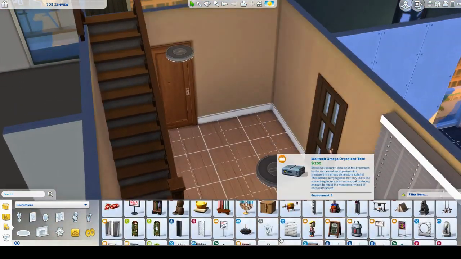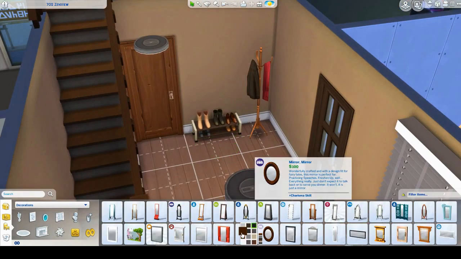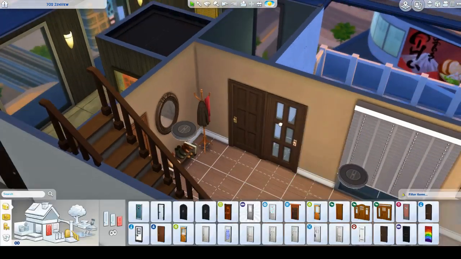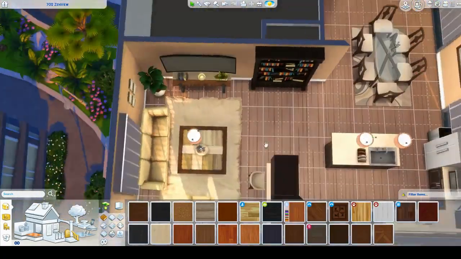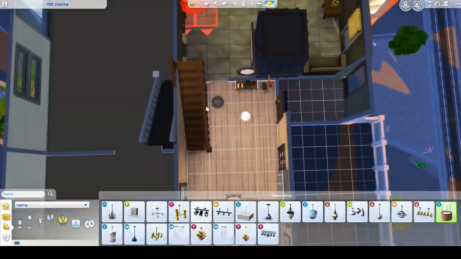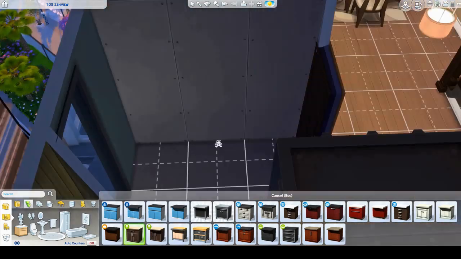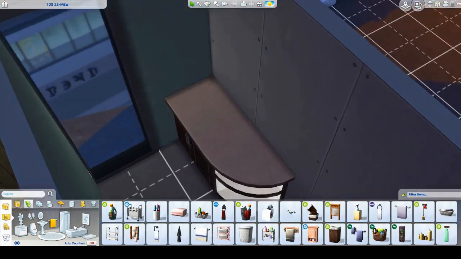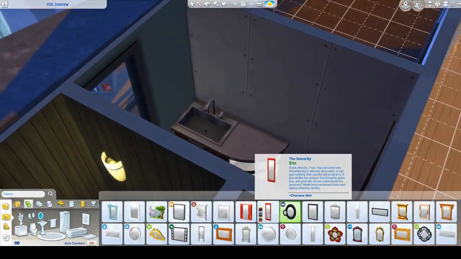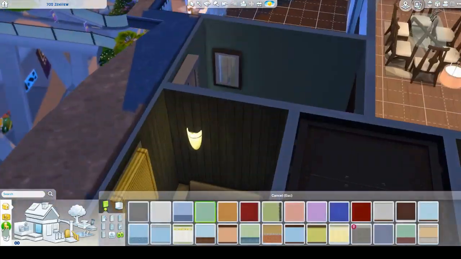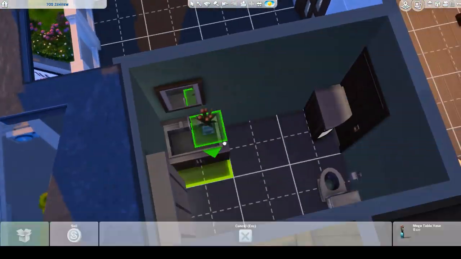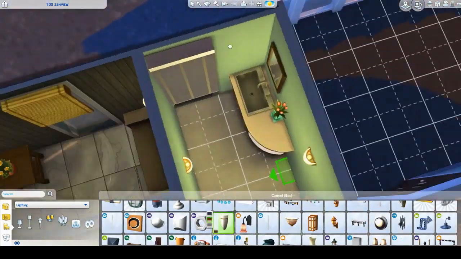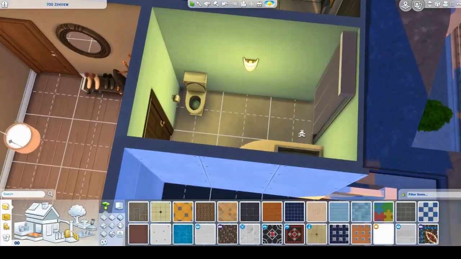You can just tell that Michelle has good taste. And then I forgot that there's actually a bathroom over there, so I was putting stuff in front of that door, and it actually ended up working out because I just moved the balcony door over a bit. What I've been forgetting to do though is to furnish the balconies. I've been forgetting in pretty much all of my builds, so I don't think I put anything out there, honestly. Maybe I will, off camera, like a barbecue and stuff like that, but I always forget that they exist, and then I end up not furnishing them.